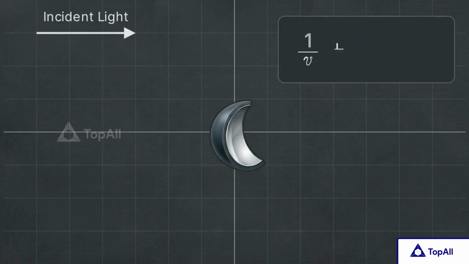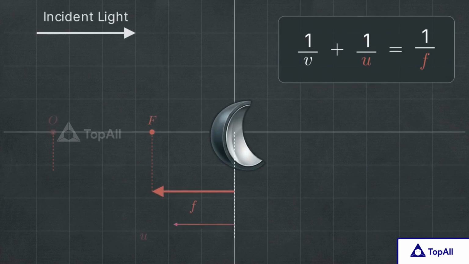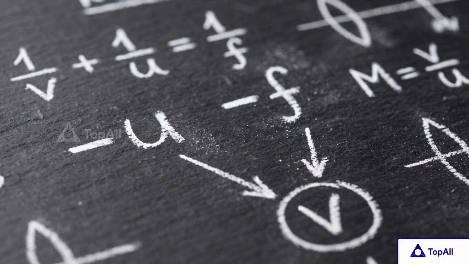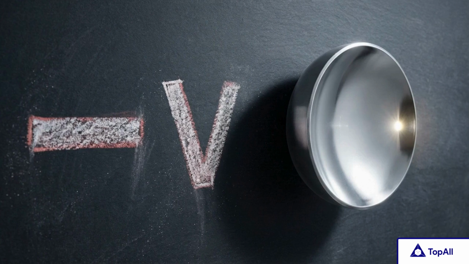This brings us to the mirror equation. 1 over v plus 1 over u equals 1 over f. This single relationship replaces all scenario-specific formulas. By inputting a negative object distance u and a negative focal length f for a concave mirror, the algebra automatically resolves to find the image distance v. If that calculated image distance outputs as a negative integer, the math unequivocally proves the image has formed in front